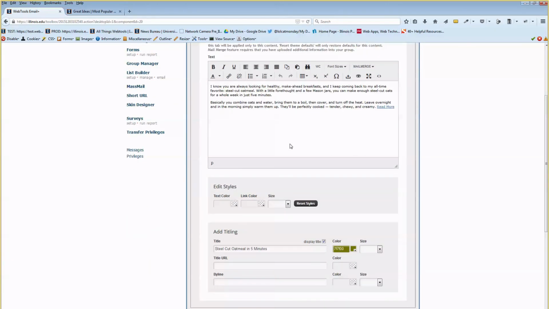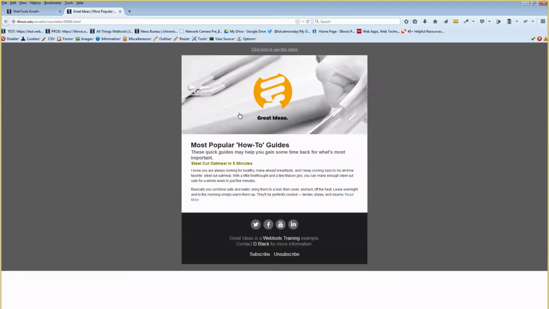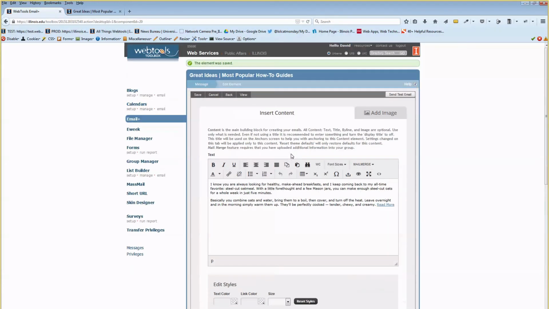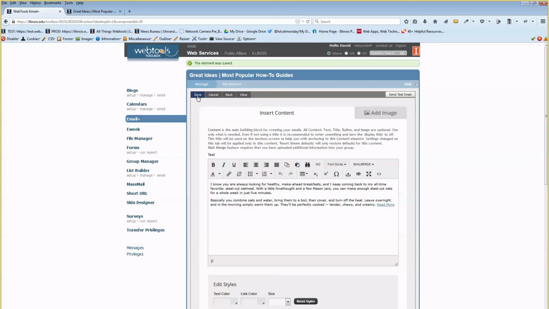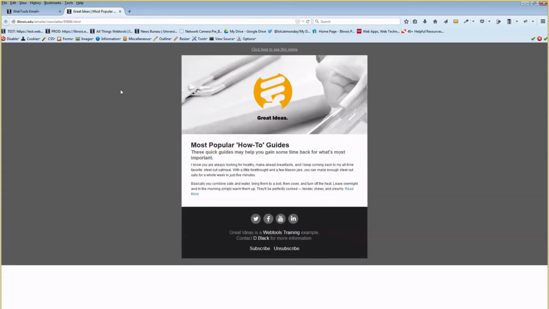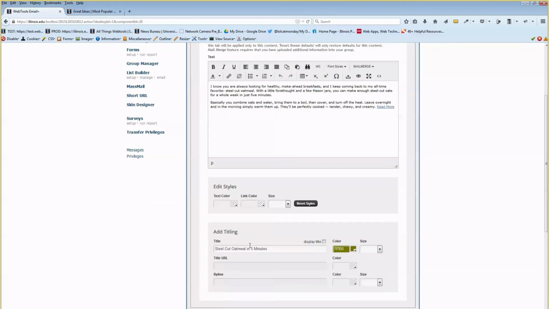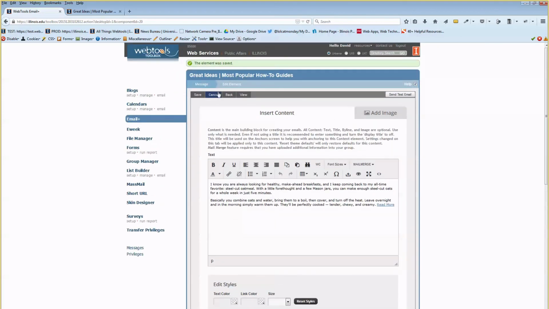Okay. So we're displaying the title on screen, right? Well, what's also really great about the title, if I uncheck that, I can save and refresh, and then it's not displaying, right? But I still named it. Now, why would I want to do that? If I go back to my message,